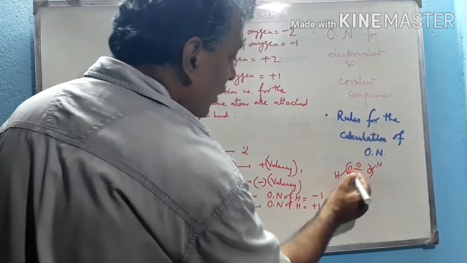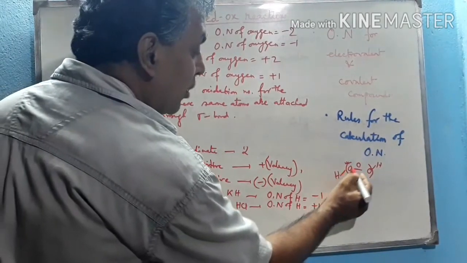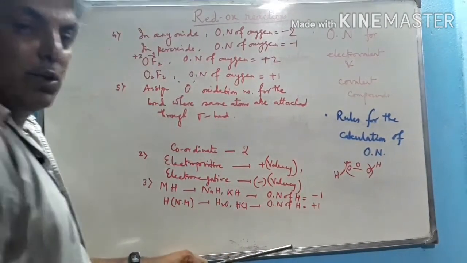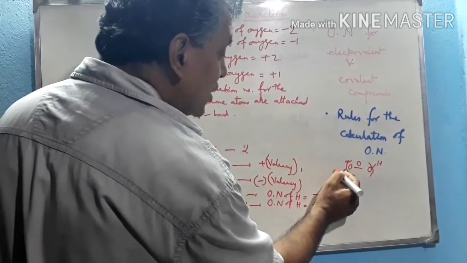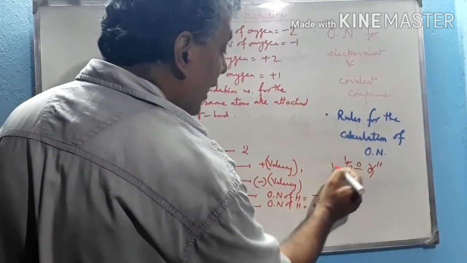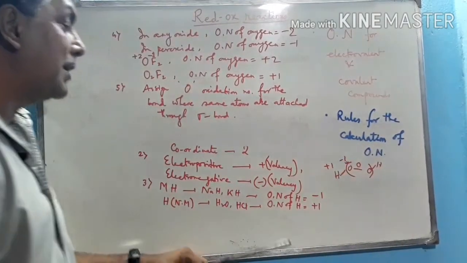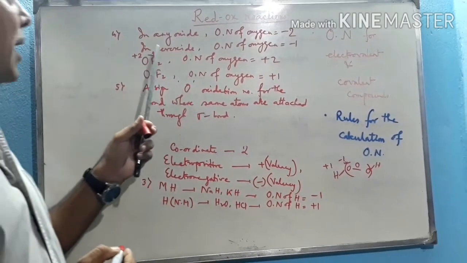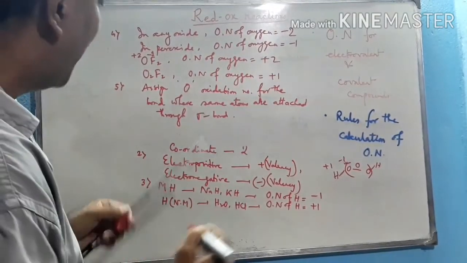So how many bonds for this oxygen atom are present here? Only one, with hydrogen, because for the O-O bond the oxidation number is 0. So here only one bond is formed. That's why the valency of hydrogen is 1, oxygen is also 1; hydrogen is more electropositive, that is plus, oxygen is more electronegative, that is minus. That's why in case of peroxide, the oxidation number of oxygen becomes -1, not +2 or -2.